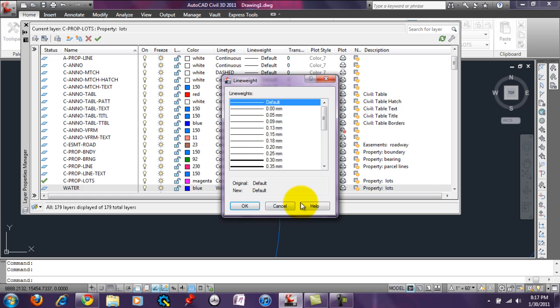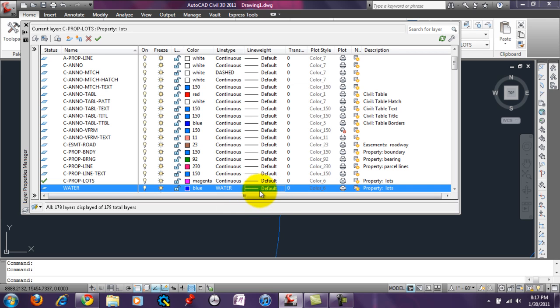And I'm going to keep the line weight at the default because, as I stated earlier, I'm going to assign a pen width to that color later on when we talk about plotting. So I don't need to worry about the line weight. If I select blue, it's going to print at a certain width. And so we don't need to worry about transparency or plot style, and we do want it to plot. And then here, since it just copied the one above, let's change the description to just say water. You don't even have to put a description in, but we're going to do it just